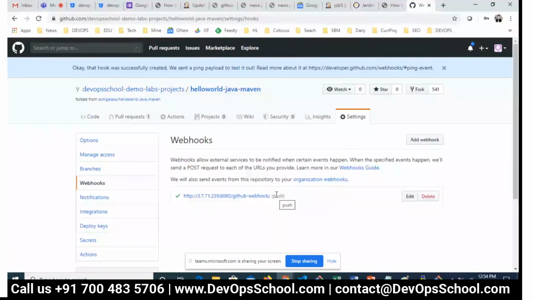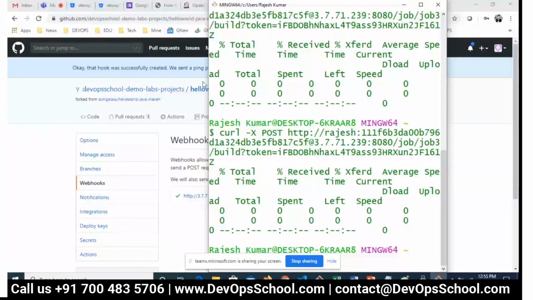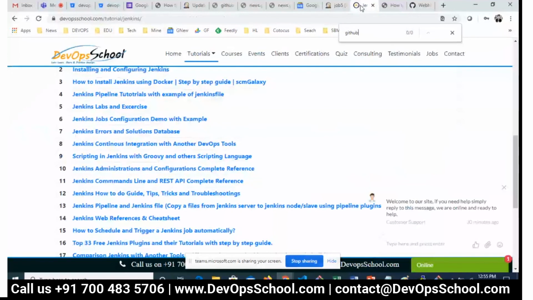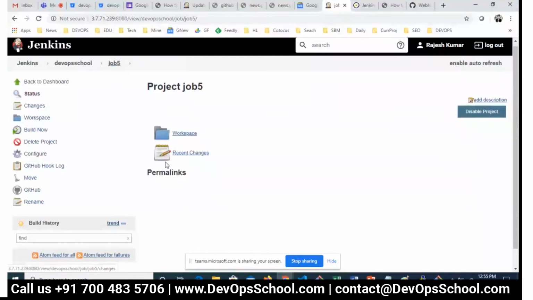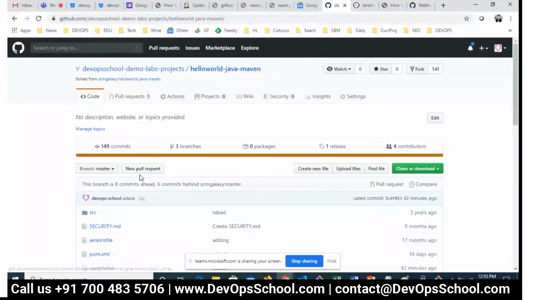And for doing the push, I have to now use my command line tool. So I'm on my desktop. Remember, I'll show you the job first. Job 5. No build has been done. And you see the GitHub URL has come here. You see here, everything automatically has been set up. So powerful, Jenkins is so powerful.